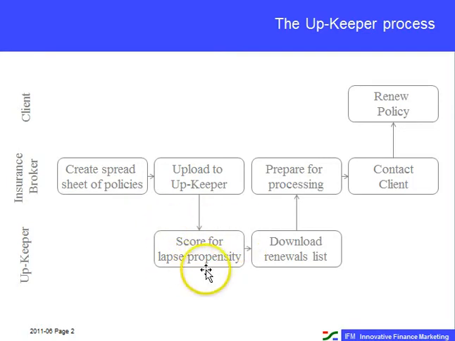Upkeeper will score propensity to lapse and make that available for download. Once the broker has the data, they select which policies are priorities for special treatment, and they pass that list to their mailhouse, their call centre, their branch, wherever the special treatment is to be executed. And we would hope, as I said, to be able to reduce our lapsing rate by at least a couple of percent through that process. So let's start at the beginning and have a look at how to go about creating